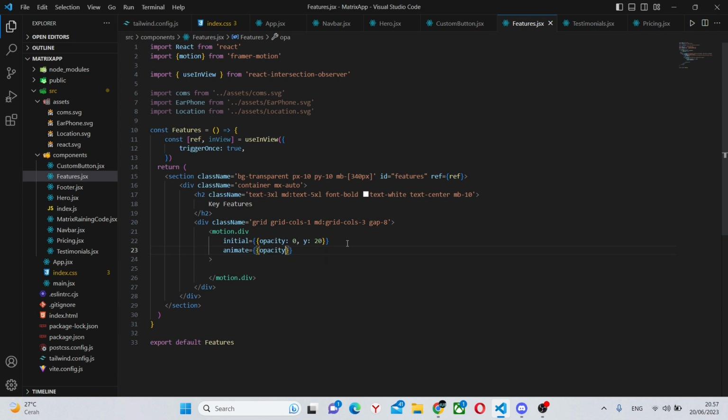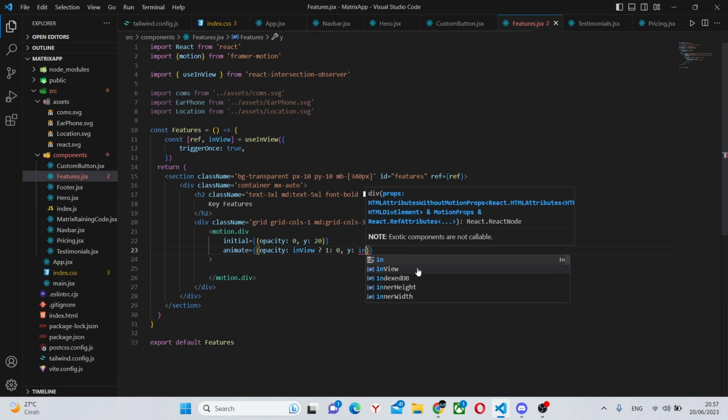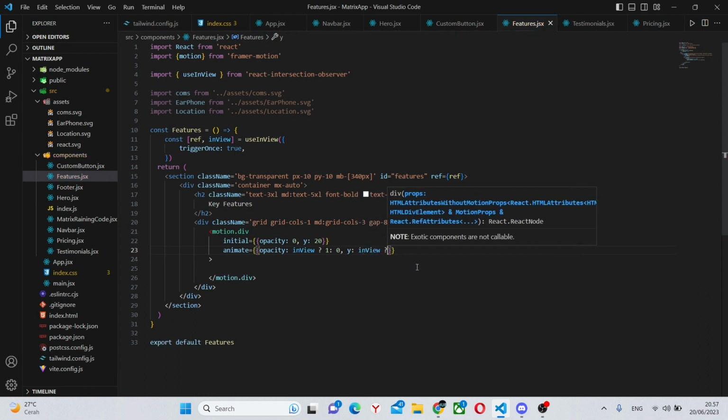So we can say opacity inView. If inView is true, then we'll say 1, else 0, and y also inView 0, 20. So the first elements we had are always triggered when a person essentially goes into the website or reloads the page there. Because, well, we don't need it to happen again.